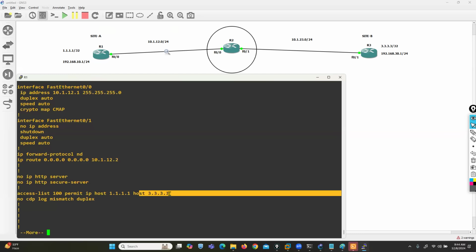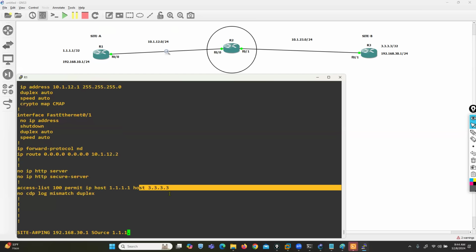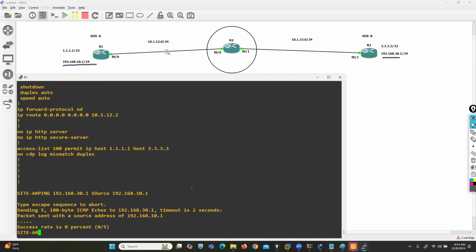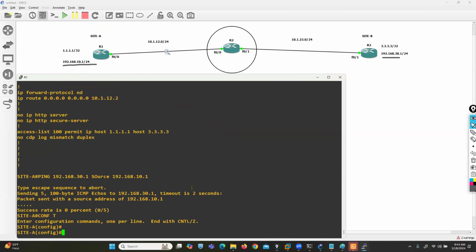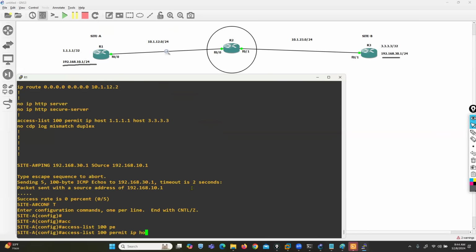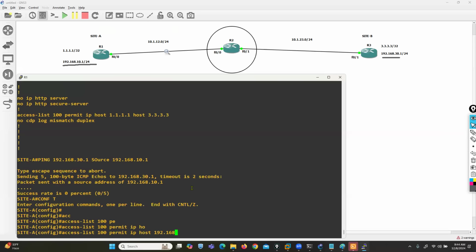If you want to allow other traffic, for example, if I try to verify my connectivity from 192.168.10.1 to this destination IP and I'm not getting a reply, then to allow this traffic we can create an ACL entry. We can add this entry: access-list 100, permit ip host 192.168.10.1,